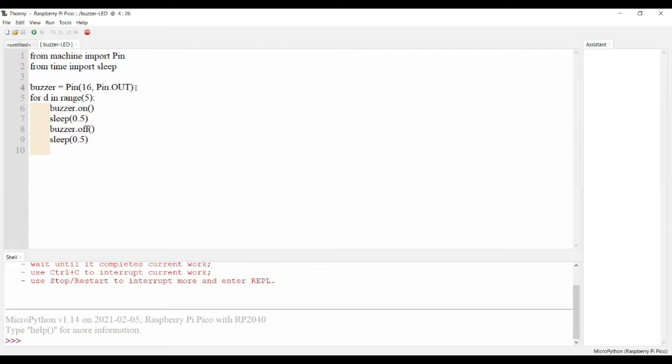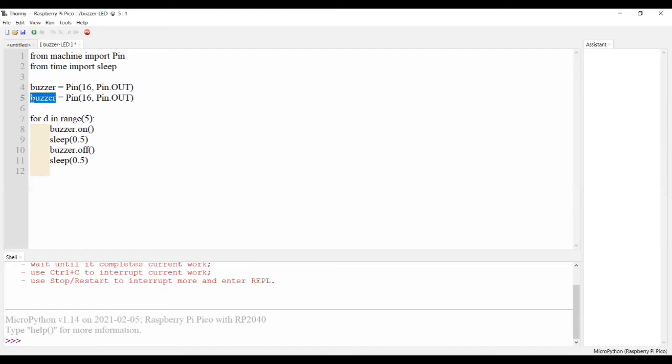Now we need to add the line for our LED. Here we need to initialize GP3. Our LED is on GP3. So we need to set up pin number GP3 as an output pin. So what we're going to do is add another line after buzzer. So let's copy the pin setup for buzzer. Control C, enter and paste.